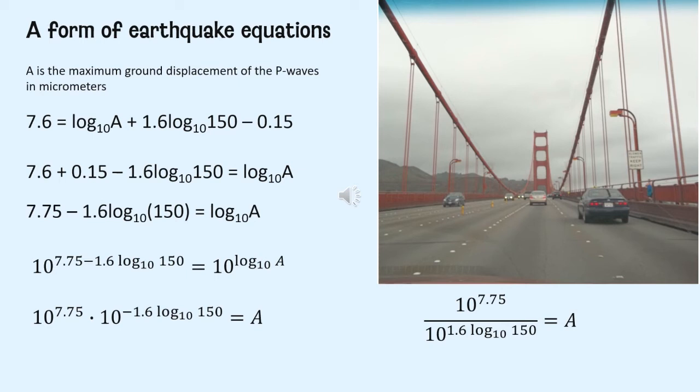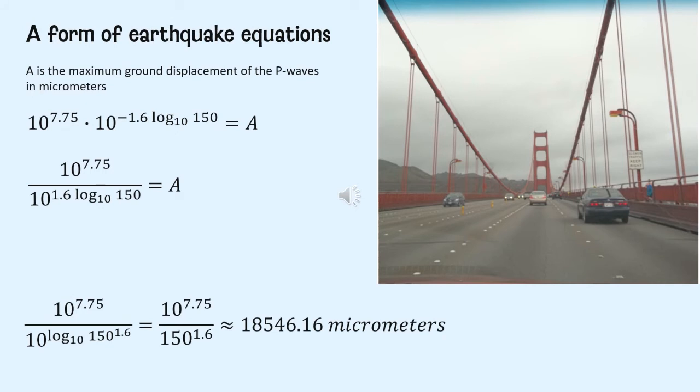One of the rules of logarithms says that the leading coefficient of a log is actually an exponent on the input of the log. So that 1.6, that's a leading coefficient of log base 10 of 150, can be used as the exponent on a base of 150. And then I can notice that I have 10 to the log base 10, and 10 to the log base 10 cancels because they're inverse functions, and I end up with 10 to the 7.75 being divided by 150 to the 1.6. So writing that down is actually cleaner than any of our other versions of our solution for a, and you can approximate that to be